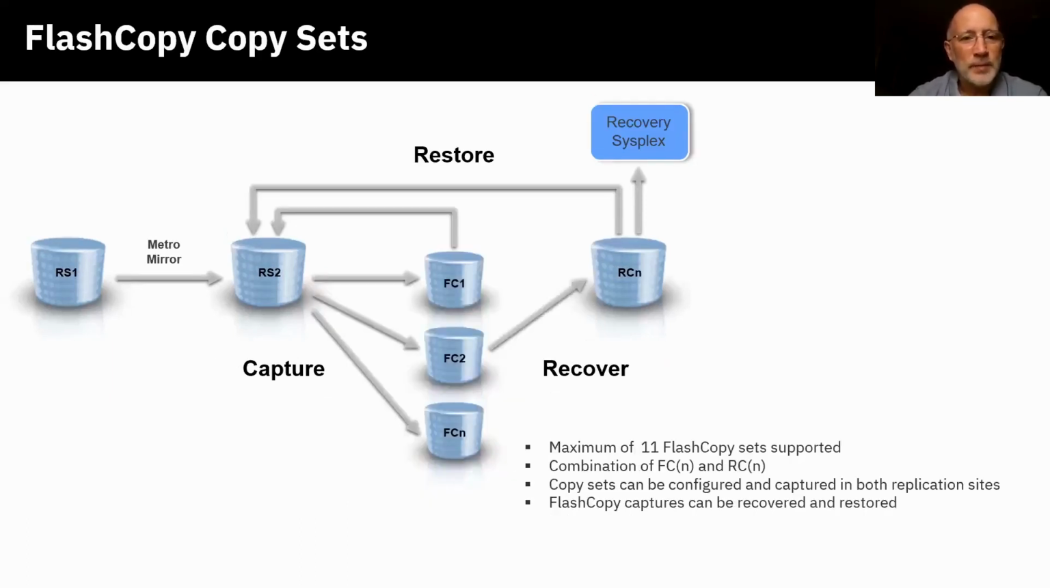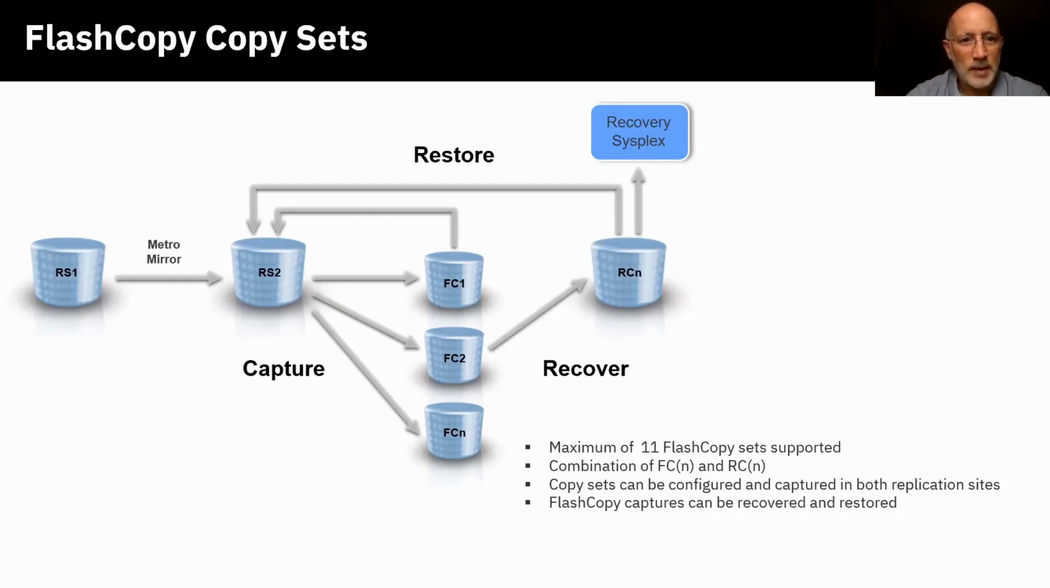For flash copy, in this example we have a standard Metro Mirror 2-site replication model, RS1 to RS2. And we can take captures from the RS2 to one or more flash copy sets. So in fact, we can have up to 11 flash copy sets configured. So you could theoretically have up to 11 active captures in terms of data points that are potentially restorable back